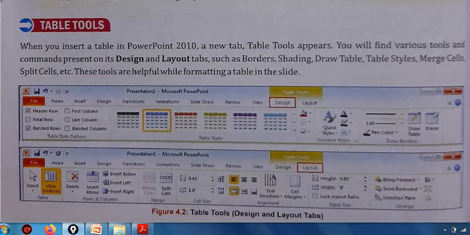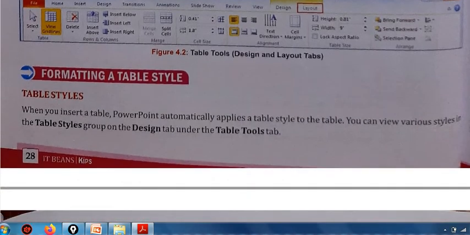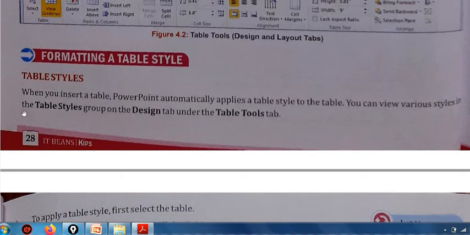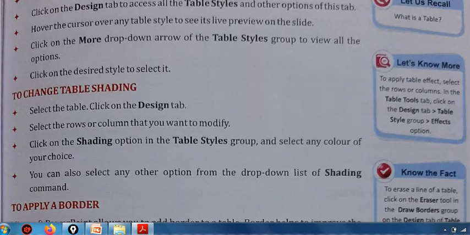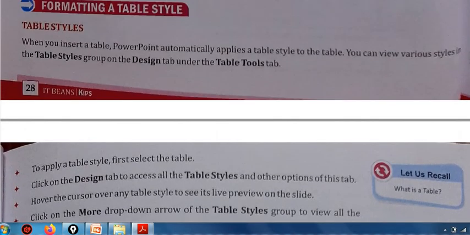Now next, formatting a table style. When you insert a table, PowerPoint automatically applies a table style to the table.